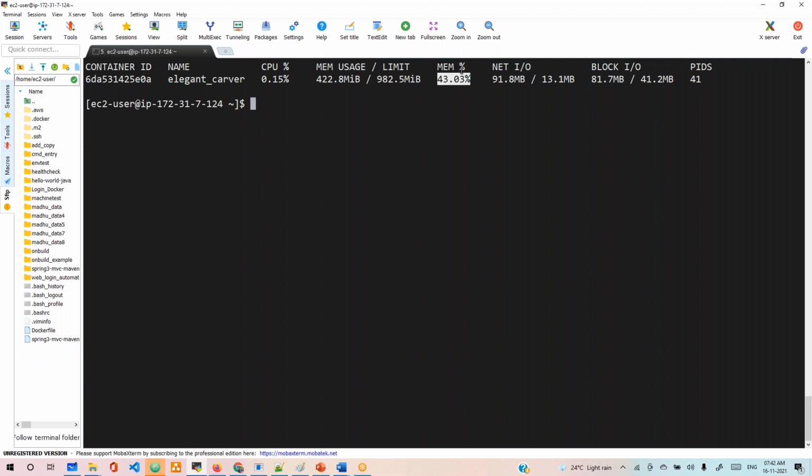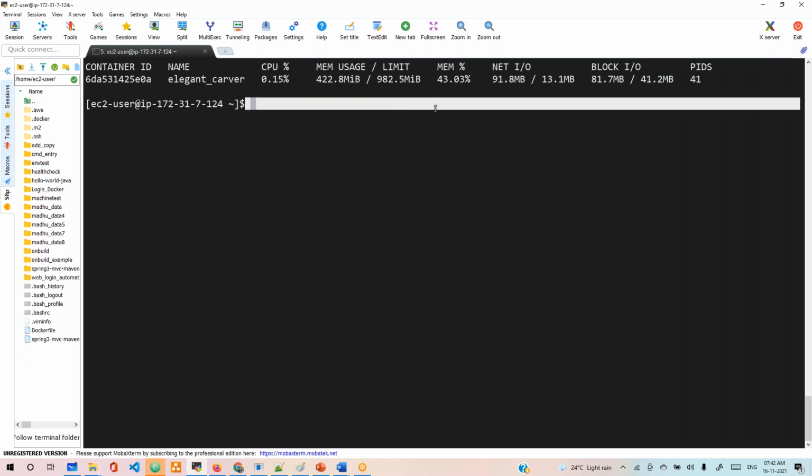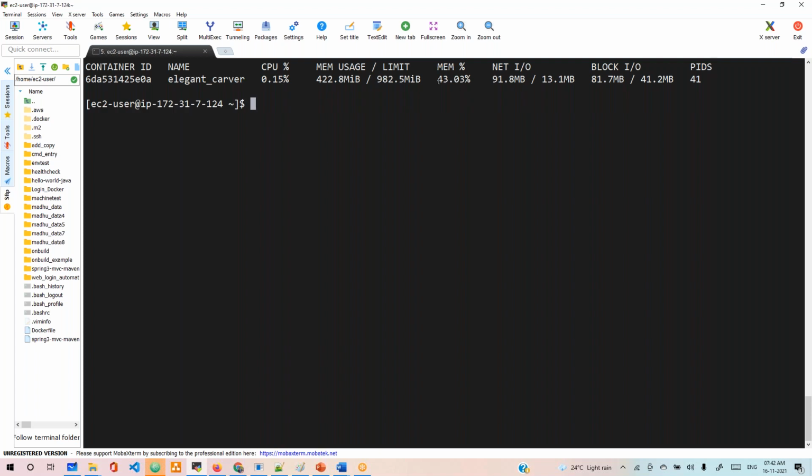If it reaches 100% in this container, then no other container can run because there is no memory. Then you need to figure it out. Let's run this container on a different node. This is about real-time troubleshooting we need to do. In such cases, if the container is not performing well, or not doing the right operations properly,